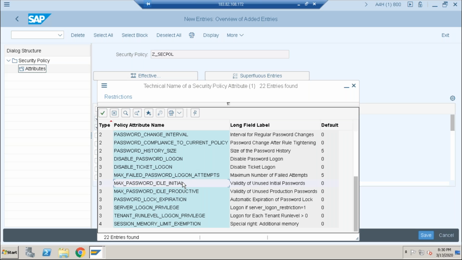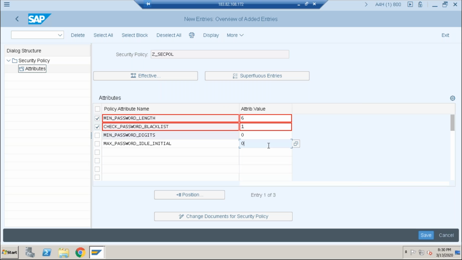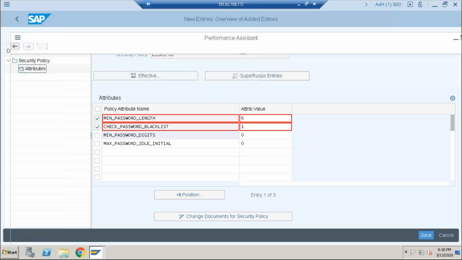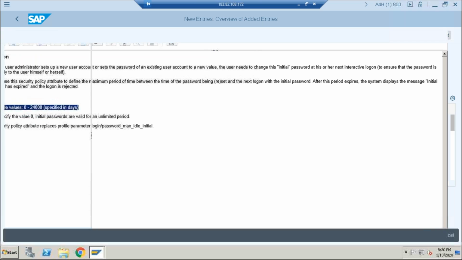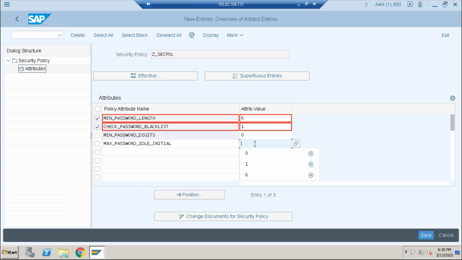So 0 is nothing but not activated, and 1 means you can activate it. Browse the value. No need to put 0; by default the value is 0. What is the meaning of 0? It is the limitation on the number of days. 0 days means the password will be effective automatically. So what value do I have to put here? You can put 0, no need to put it, because of the company specification of 90 days.